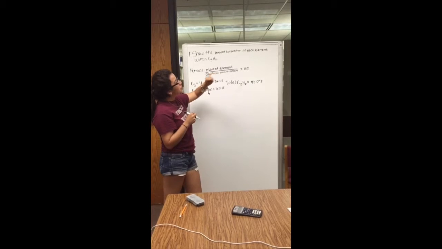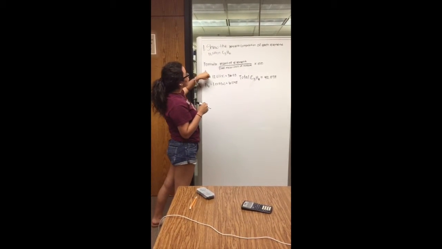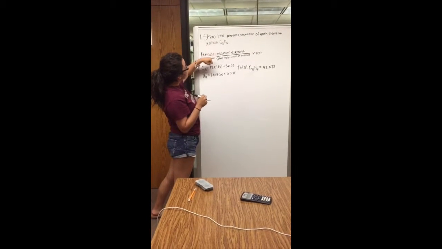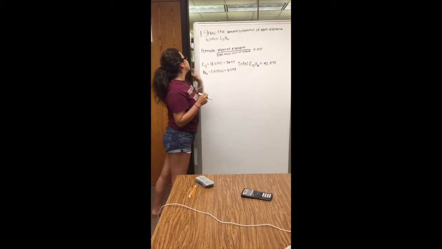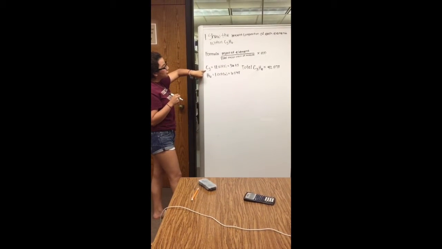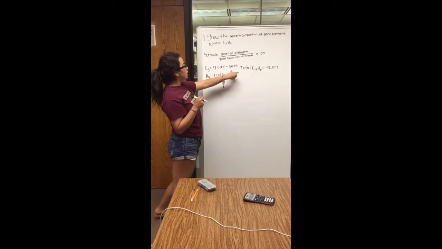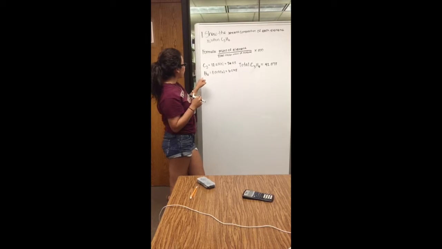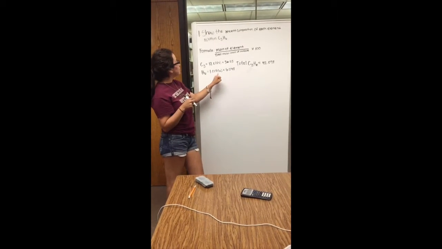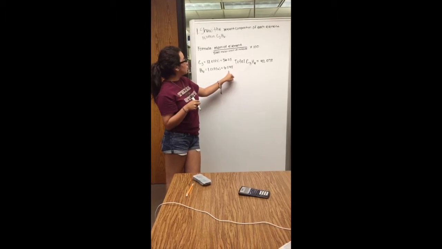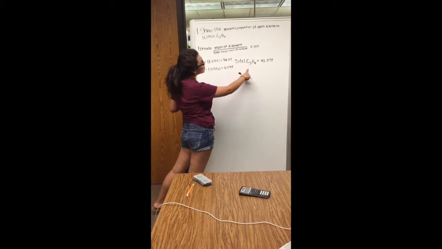Going to show the percent composition of each element within the C3H6 molecule. The formula for that is you get the mass of each element divided by the total molar mass of the molecule times 100. So the mass for C3 would be 12.01 times 3 because you have 3 carbons, and that would equal 36.03. And for hydrogen, which you have 6, you would multiply 1.008 times 6, which would give you 6.048. And the total molar mass of the molecule would be